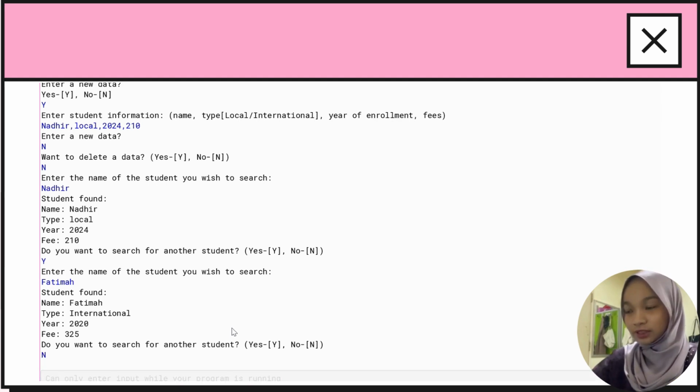For process 5, display student information based on student's name using binary